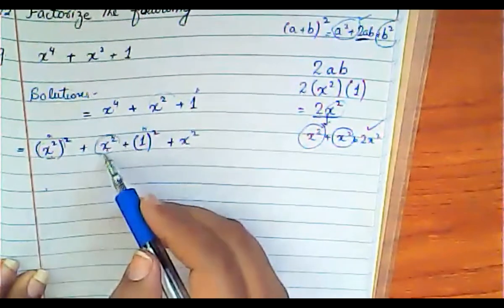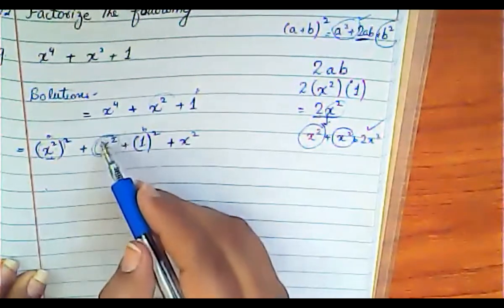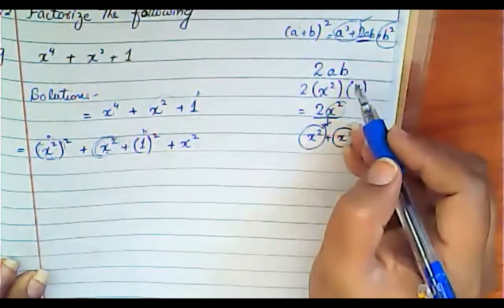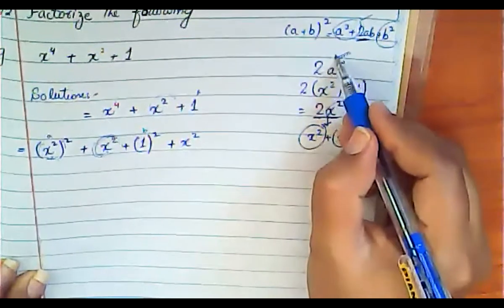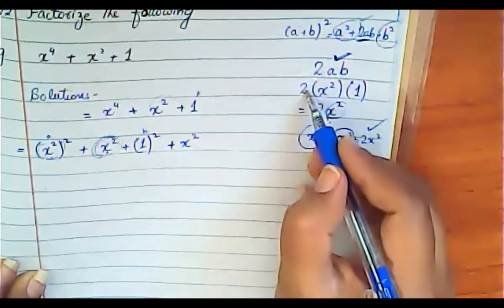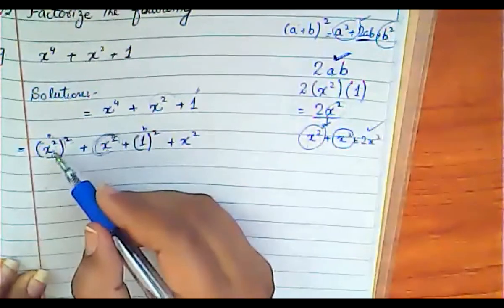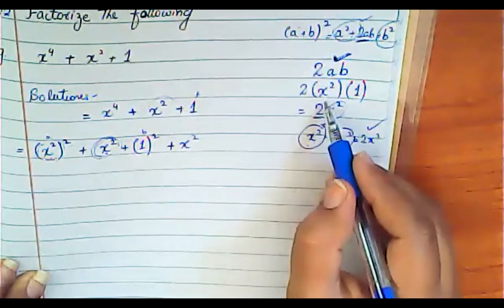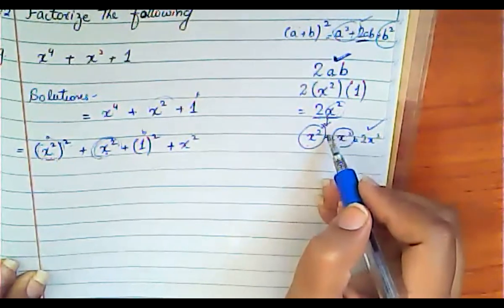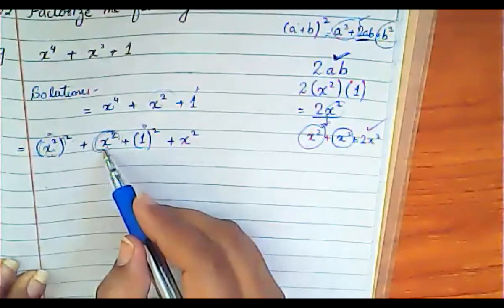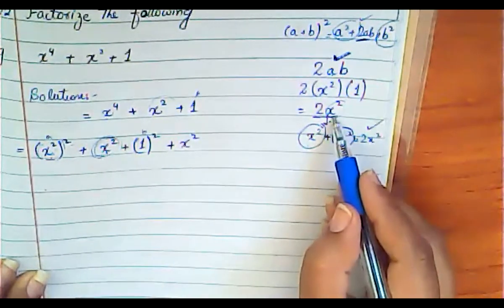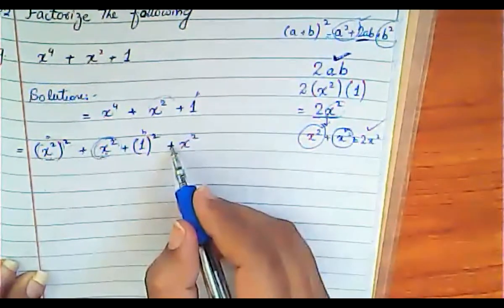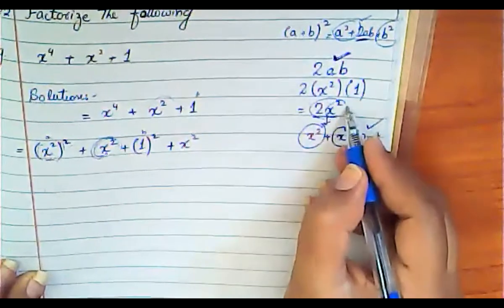Now we have to check whether this is right, or something is missing here. Here we have x^2. If we want to enclose it in this formula, we require 2ab. So 2 is a coefficient, a is your x^2, and term b is 1, right? When you multiply it, it will become 2x^2. So we can see that here we have only 1x^2, and we require 2x^2. So 1x^2 is missing now. So we will simply add 1x^2. We are not going to add 2x^2.